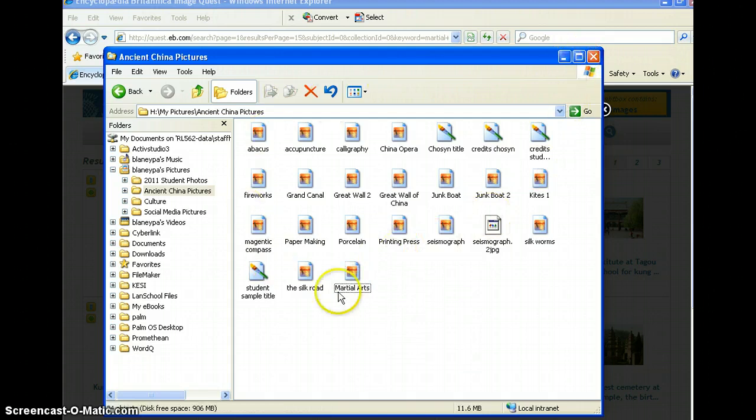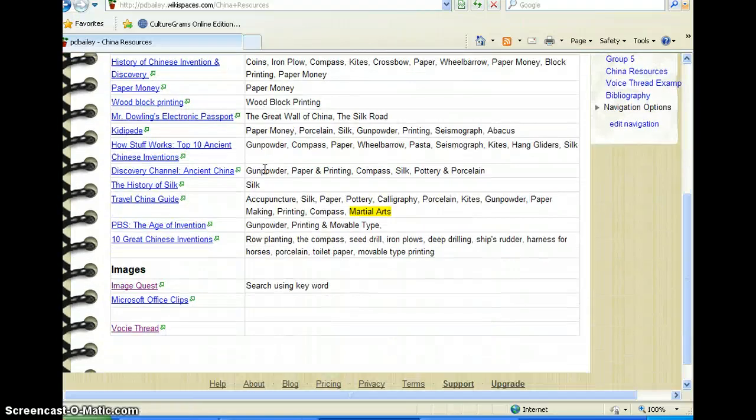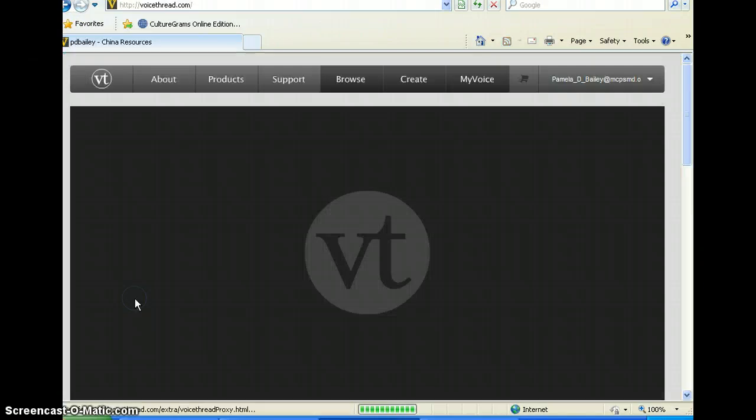Now that you've captured some pictures that you know that you're going to be using for your VoiceThread, it's time to get started on the VoiceThread itself. Okay, it's time to move back to your Wikispaces to the China Resources page, and you're going to scroll down to the bottom until you see VoiceThread. VoiceThread is also